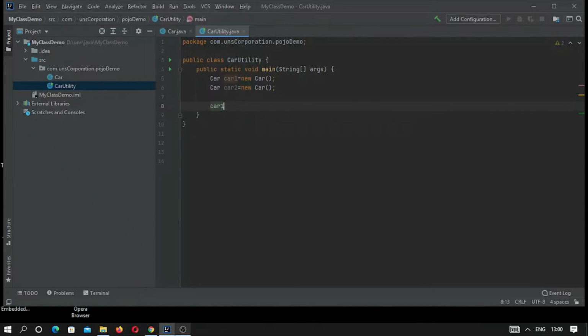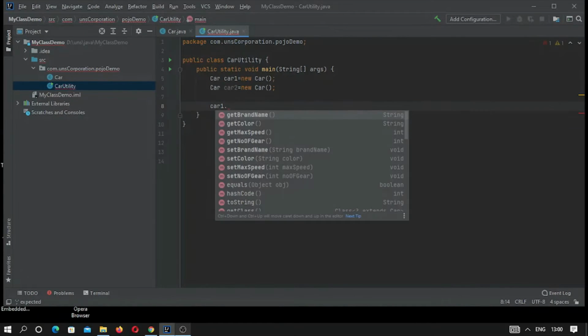For this car1, you can see we are getting all the methods of the class which we have just created: getters, getBrandName, getColor, getMaxSpeed, getNumberOfGear, and at the same time the setters, setBrandName, setColor, setMaxSpeed, and setNumberOfGear.